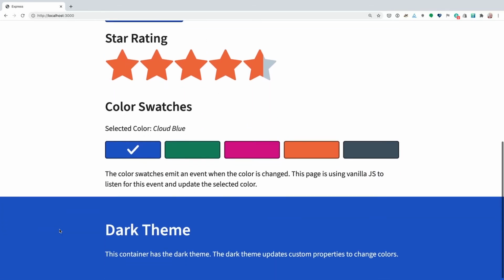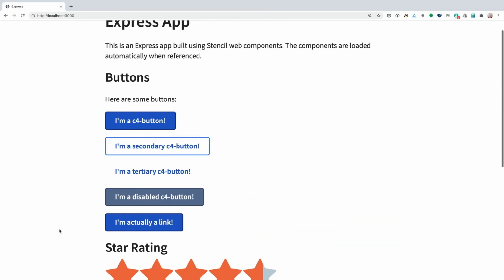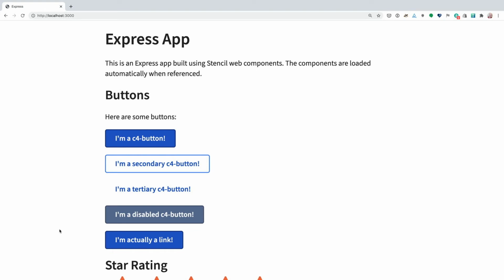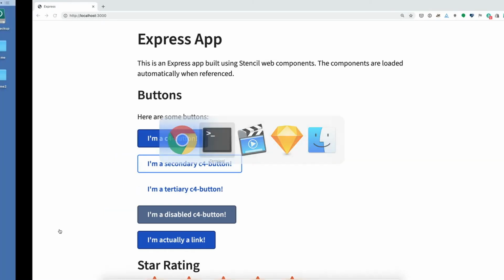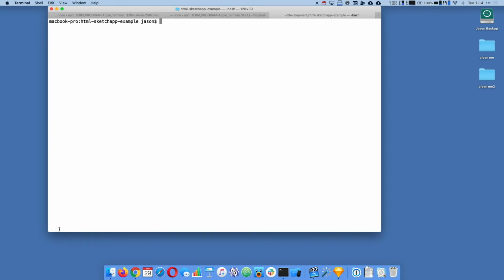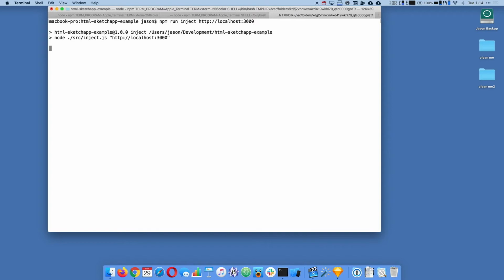Just a real basic page, but we're going to see if we can take these web components and import them into Sketch. So we're going to use a script that they have that will take a URL and attempt to import it. We're going to use this HTML Sketch App example to see what it will do from an import perspective. So we're going to run it against that URL, and it is apparently done.